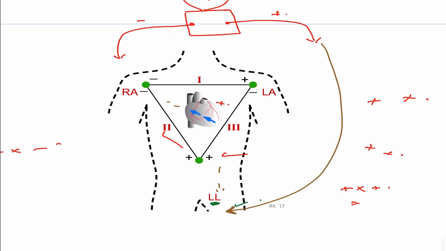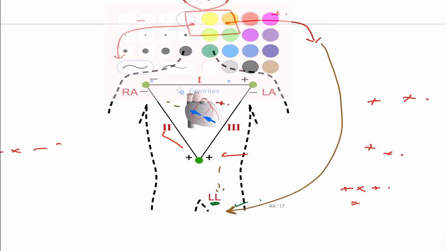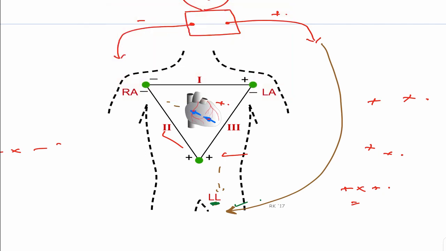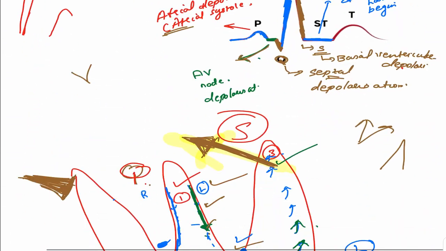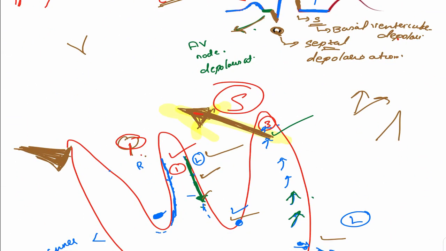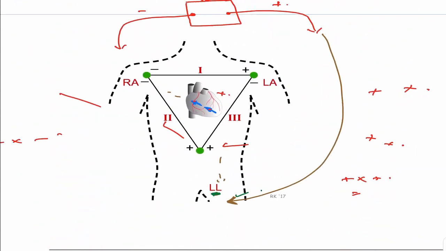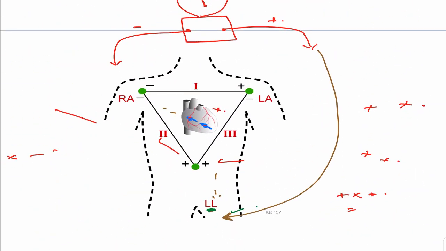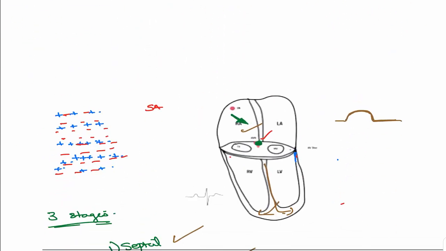Now what are the charges here? The charges completely changed, isn't it? It's basically a negative charge which is propagating now. So this vector will have a negative sign, instead of the previous ones, because it's a negative charge which is now propagating. It's repolarization. So now we will see the same rule, positive, negative, isn't it? And negative is moving towards negative. Negative into negative is what? It's positive. If you know mathematics, a negative charge moving towards negative will produce a positive deflection.